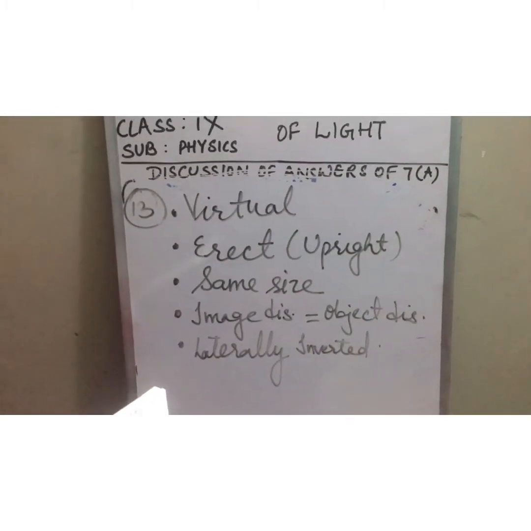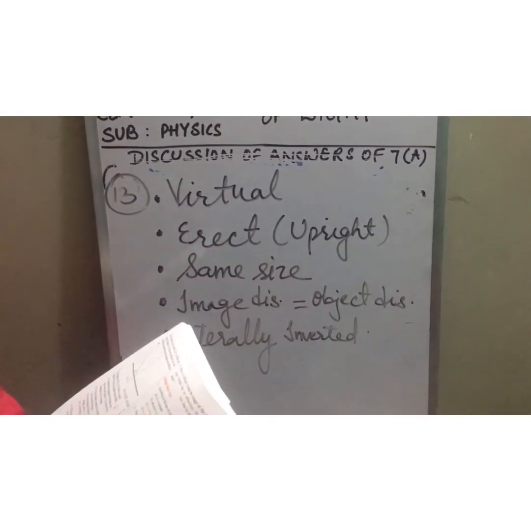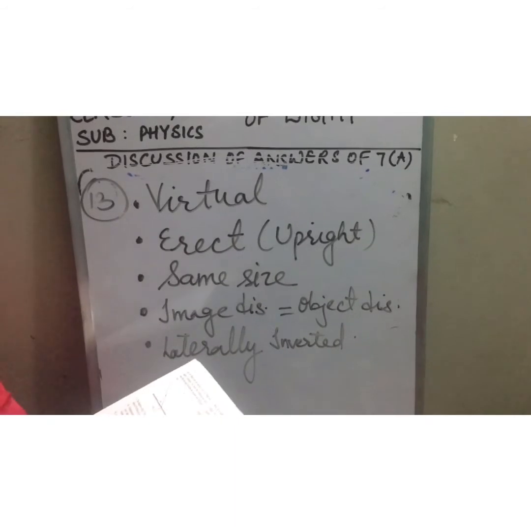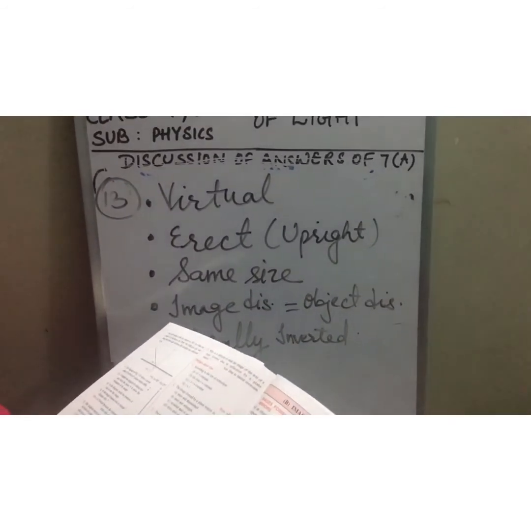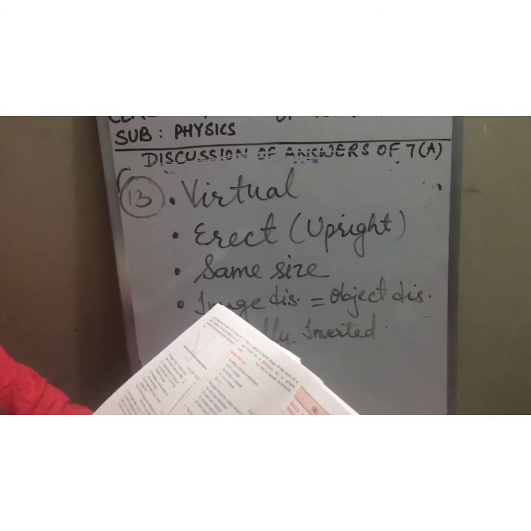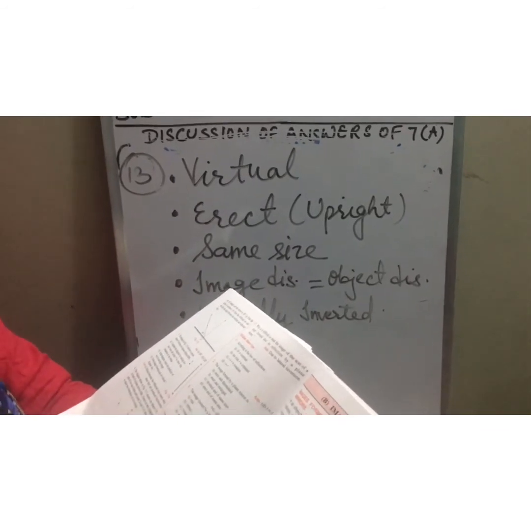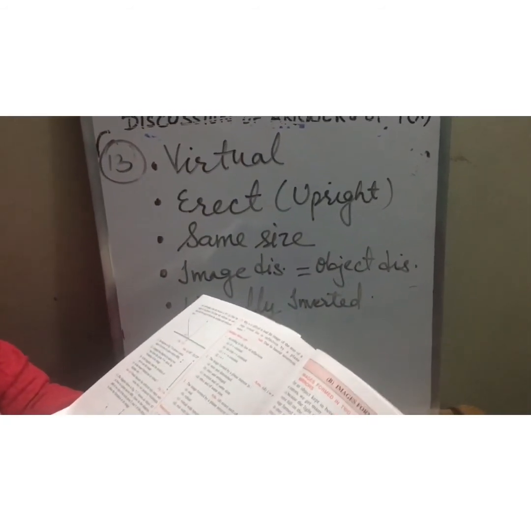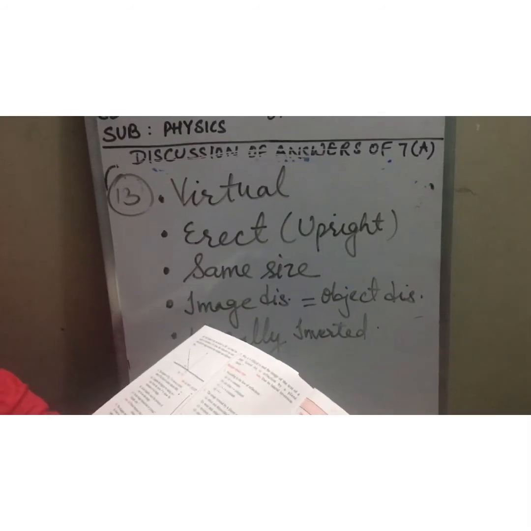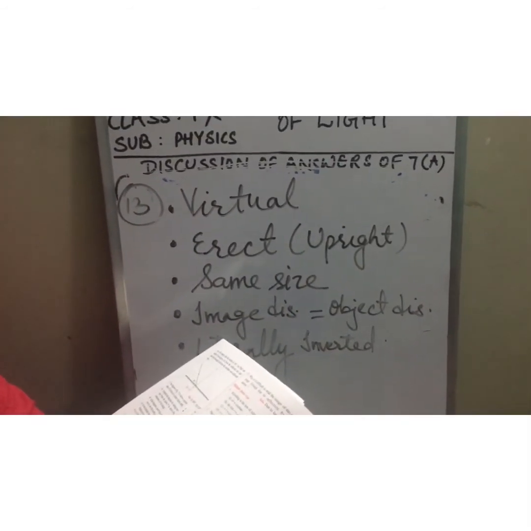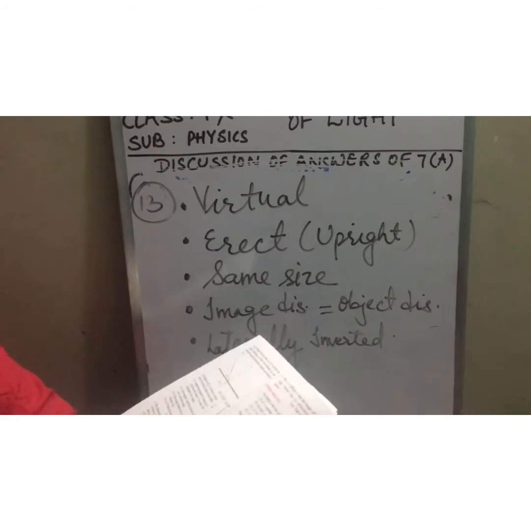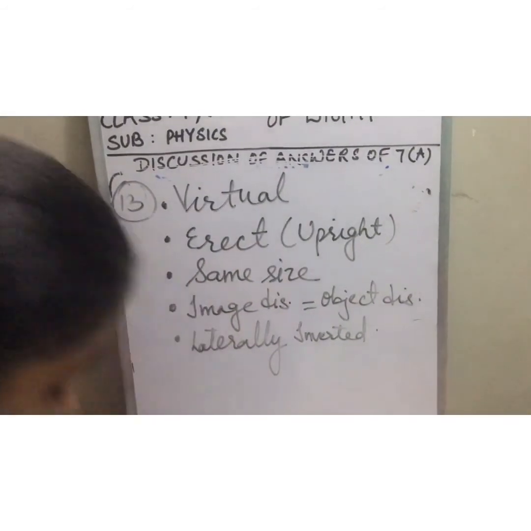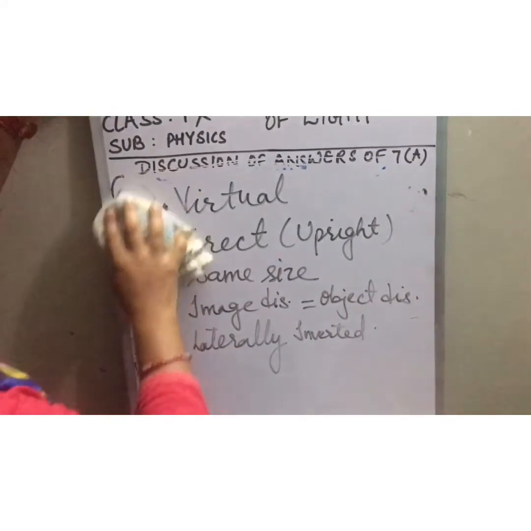Why is it difficult to read the image of the text of a page formed due to reflection by a plane mirror? Why is it difficult when you keep some text on a page in front of a plane mirror? It is because of lateral inversion. Since in a plane mirror those letters get laterally inverted, it is difficult to read. Okay, now come the numericals. Numericals I will explain. See, first numerical.